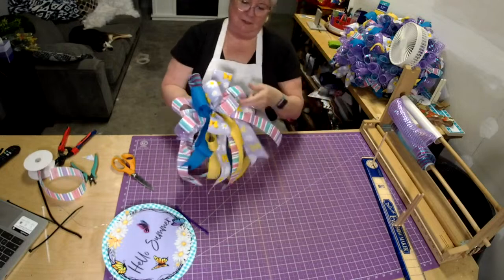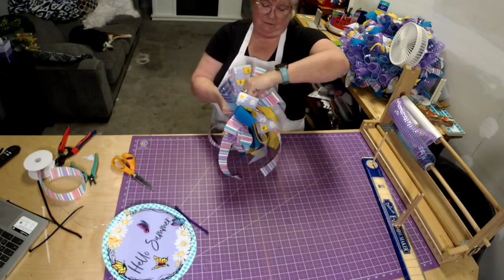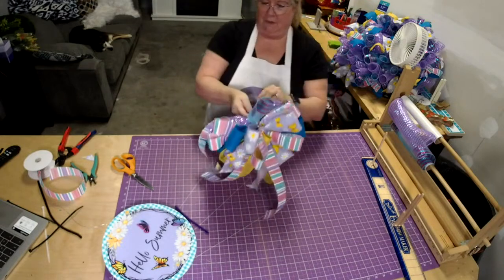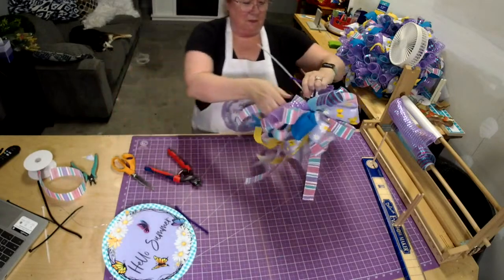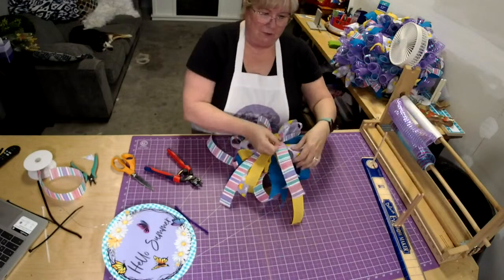All right. So now I just kind of pull my tails out. I can trim this off because we've done the major fluffing. Now,